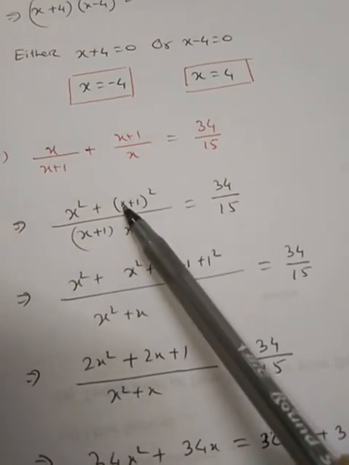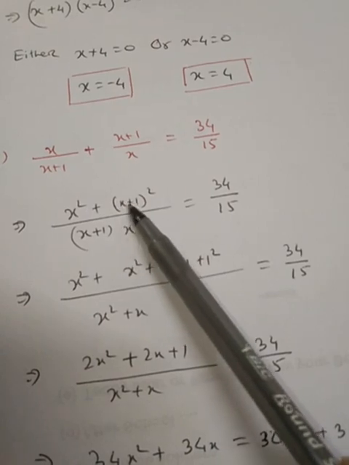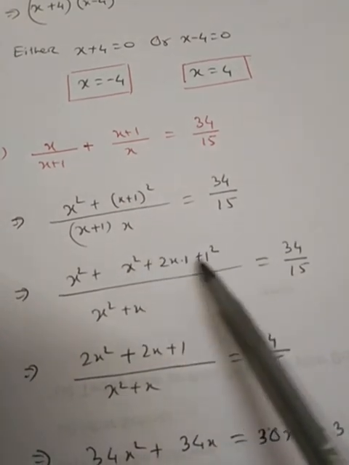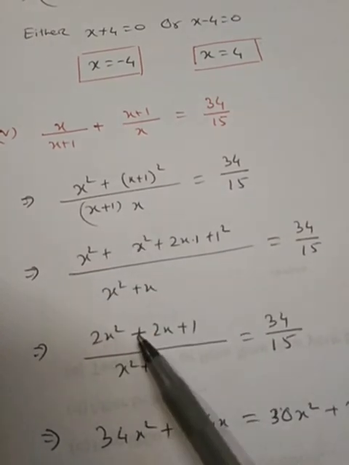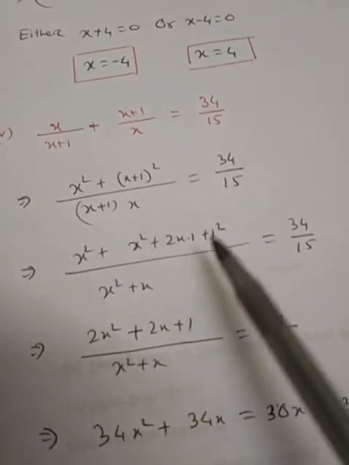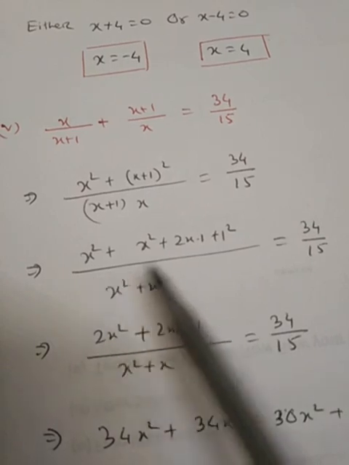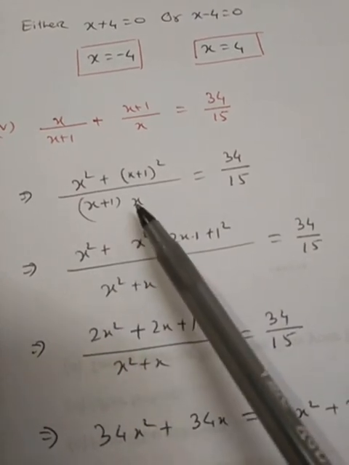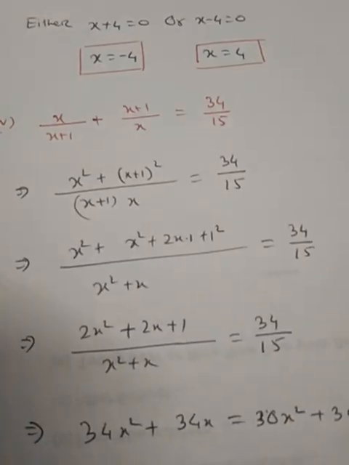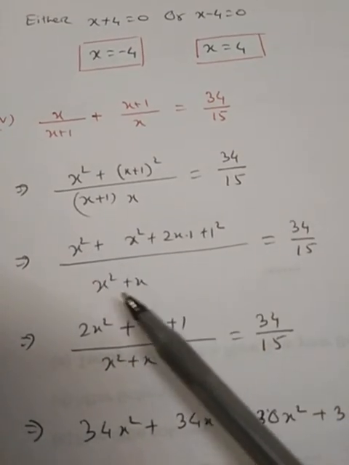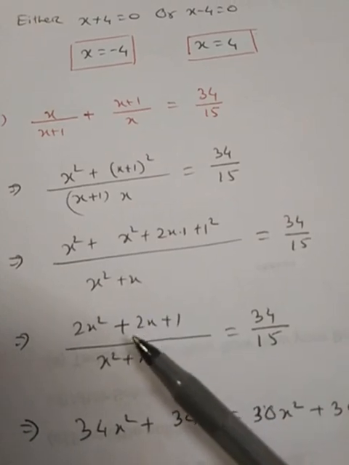Next step we have broken this using the (a + b)² identity, and then next x² plus x² is 2x² plus 2x, and plus 1² is 1, divided by x multiplied with x plus 1,